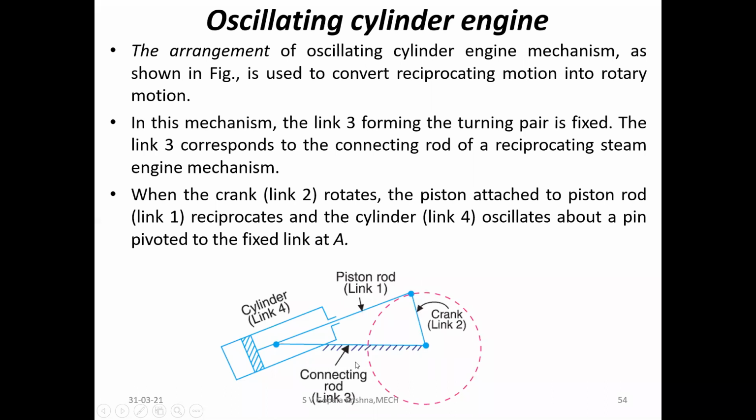And what is the function that happens in our particular mechanism? It is also similar: the conversion of reciprocating motion into rotary motion. The function starts with our link four. When we give the reciprocating motion, it is also converted to rotary motion. This function happens particularly in the oscillating cylinder engine. Okay, so this is the conversion of reciprocating to rotary.